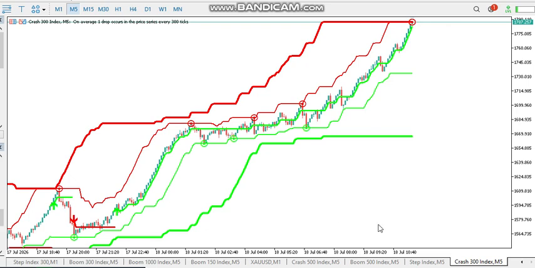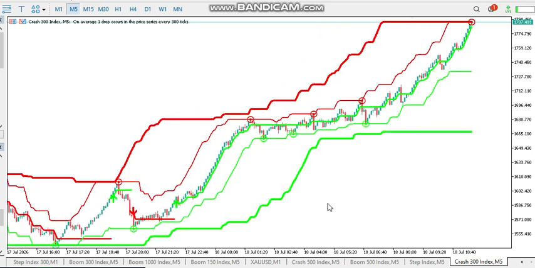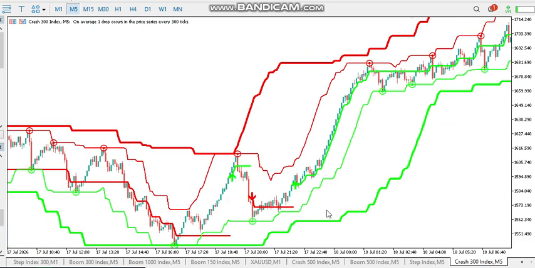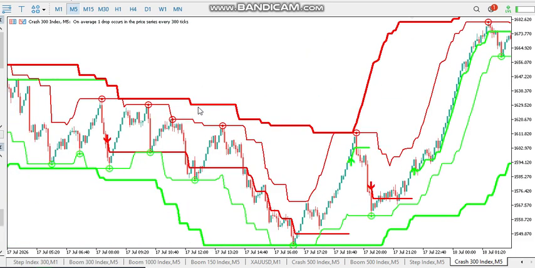on boom and crash index. So inside this particular video I want to show you how to skyrocket your profit with this perfect indicator. I told you guys one of the best things that you can help yourself with is to get this perfect indicator. And as you can see, this indicator gives us the most accurate signal for us to enter our trade